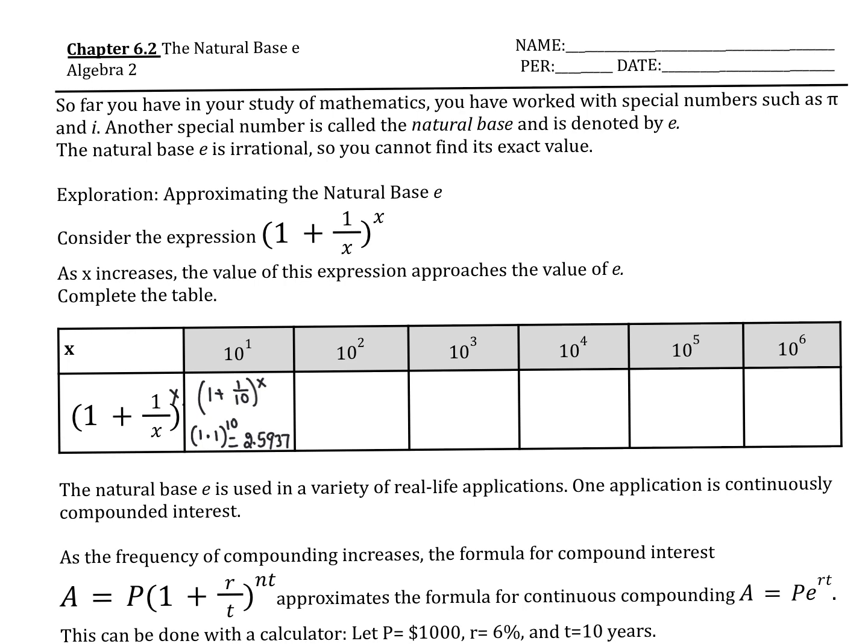and that's going to give us 2.593. Next we are going to put 100 for x, so you're going to get 1 over 100 to the power 100, and when you solve that you're going to get 1 plus 0.01 to the power 100, and your answer is 2.70481. Similarly, when you put 1000 for x,